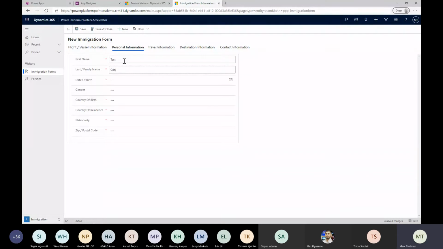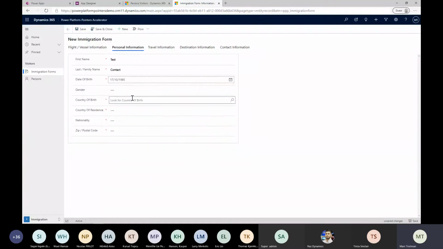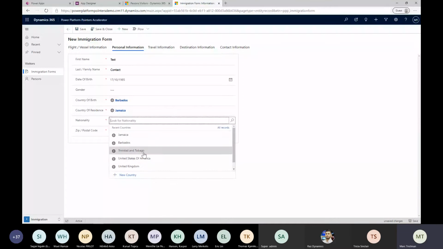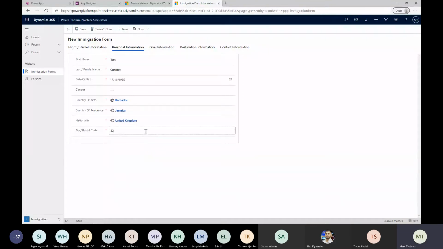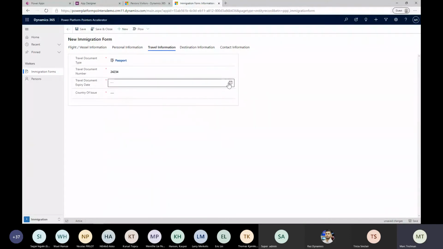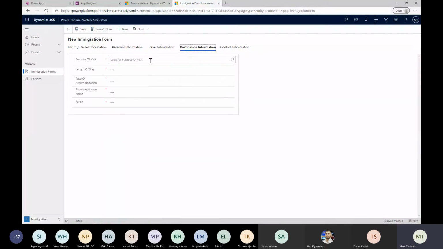Test, contact. Let's go down. Make myself a bit younger. Country of birth, Barbados. Country of residence, let's say Jamaica. UK as nationality, fill in that. Passport, yeah, I could have made this a little bit easier for myself. Jamaica destination information,